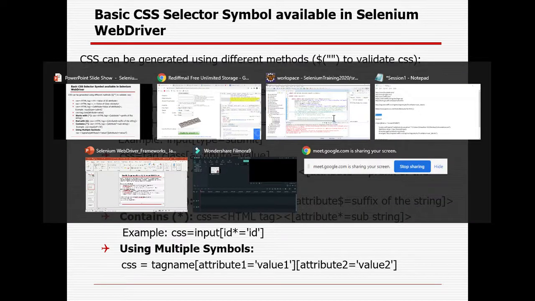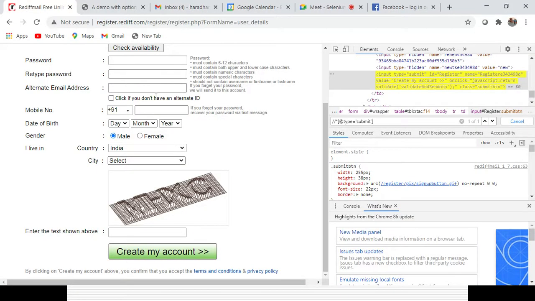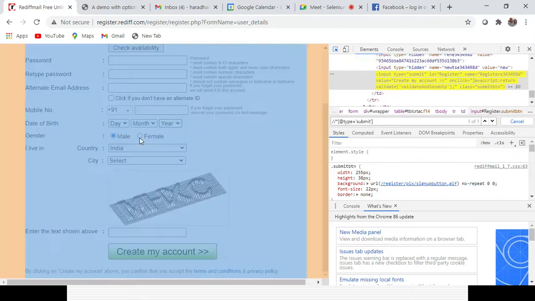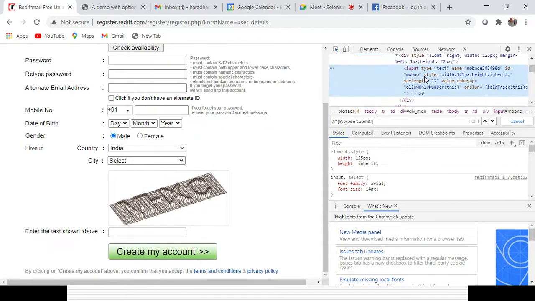So I will show you here how to create the CSS selector. Suppose for a particular field, I want to create the CSS selector for the mobile, right? For the mobile field I already know the name.